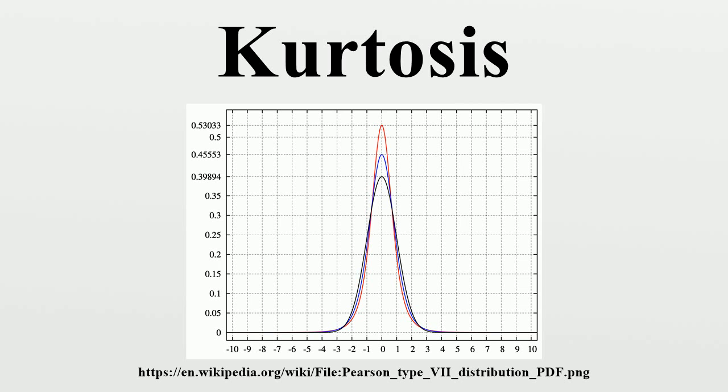Moore's interpretation. Moore has given a more intuitive explanation of the meaning of kurtosis. Let Z = (X - mu) / sigma, where X is a random variable, mu is the mean and sigma is the standard deviation. Then kappa = E[Z^4] = Var[Z^2] + 1, where kappa is the kurtosis and E is the expectation operator. The kurtosis can now be seen to be a measure of the dispersion of Z^2 around its expectation. Alternatively, it can be seen to be a measure of the dispersion of Z around +1 and -1.